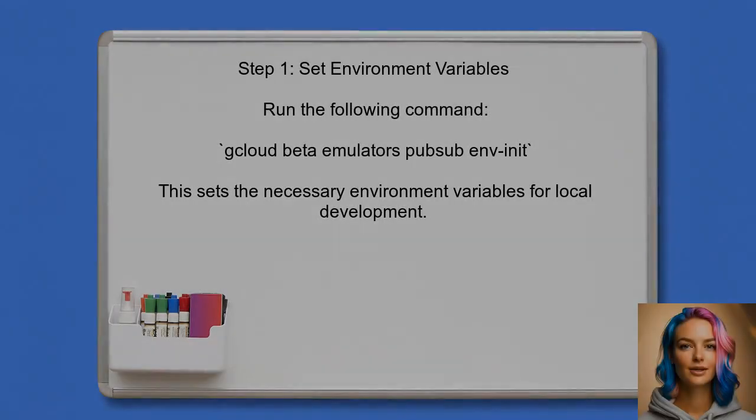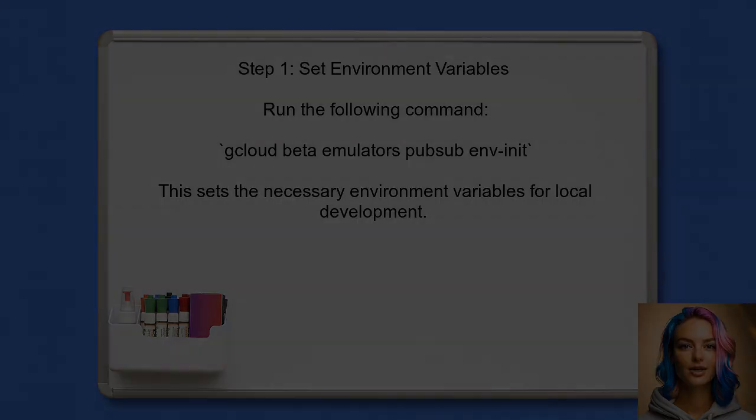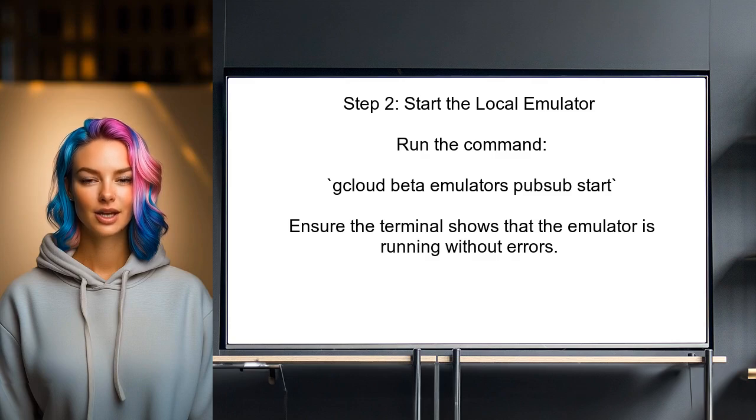your Node.js application. To ensure the Node.js application interacts with the local PubSub emulator, the user should first confirm that the environment variables are set correctly. This is done by running the command to initialize the emulator. Next, the user should check that the local emulator is running. They can do this by executing the command to start the emulator and ensuring there are no errors in the